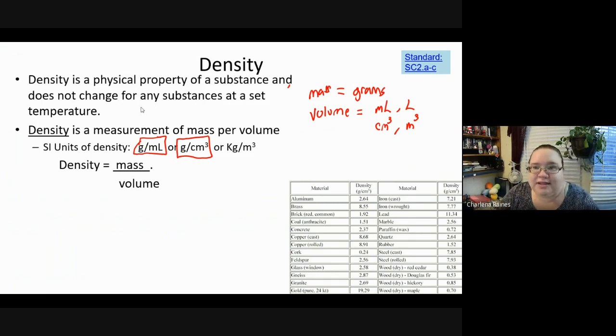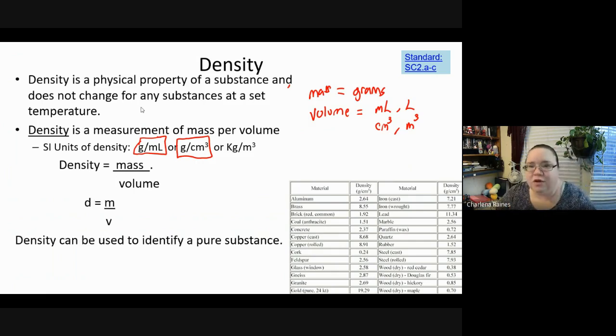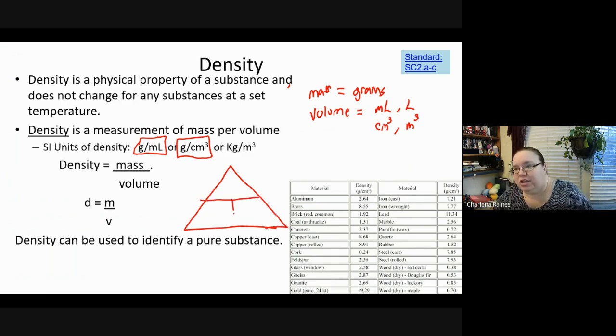So how do we calculate density? Well, density is mass over volume. For those of you who are not the best at algebra, there is a great little cheat that allows you to do density calculations very, very easily. It's called the magic triangle. So if I take a triangle and I draw an uppercase T in it, it separates it into three parts. And if we fill in our density equation,